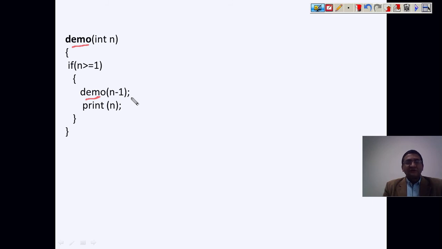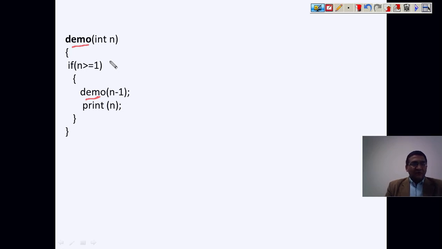We have already discussed that recursive is implemented using a division approach or a subtraction approach, where the function is being called with the values either divided or subtracted. So here we are reducing the value by -1.